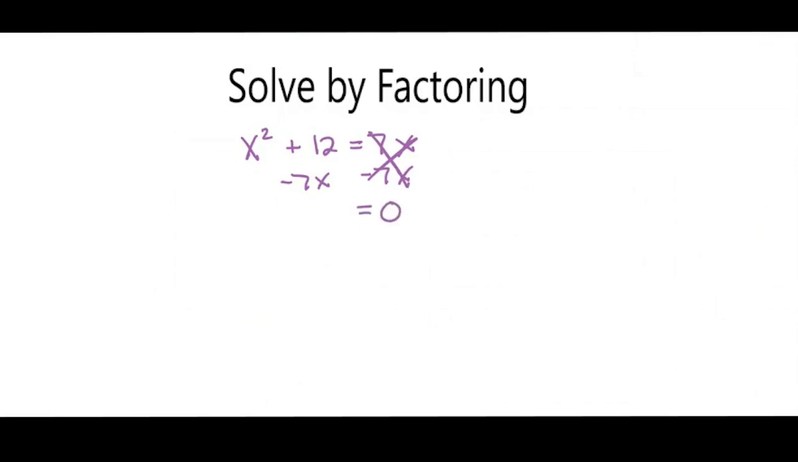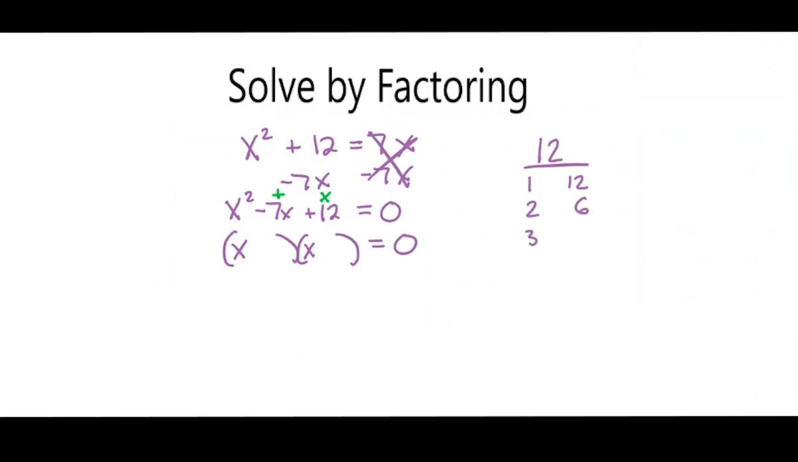And I want to make sure that the left side of the equation is written in standard form, which is x squared minus 7x plus 12. So now I need to factor this into two binomials, keeping it equal to 0. So I will put my x's in the parentheses. Now I need to find two numbers that multiply to be 12 and add together to be negative 7. Well, my factors of 12 are 1 and 12, 2 and 6, 3 and 4, 4 and 3,